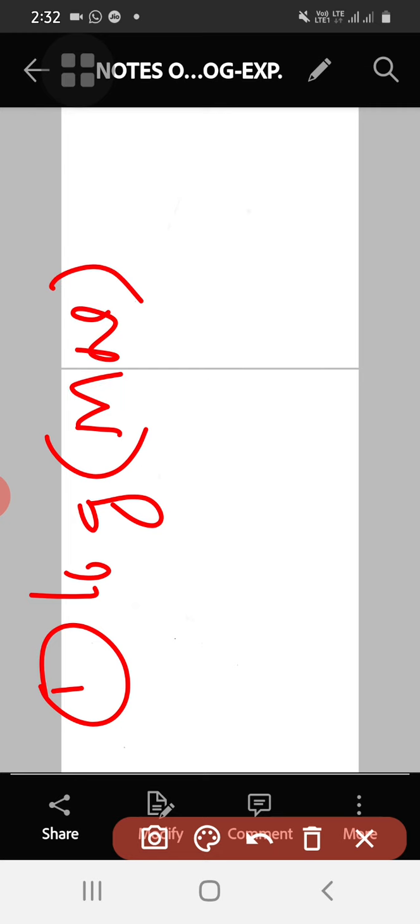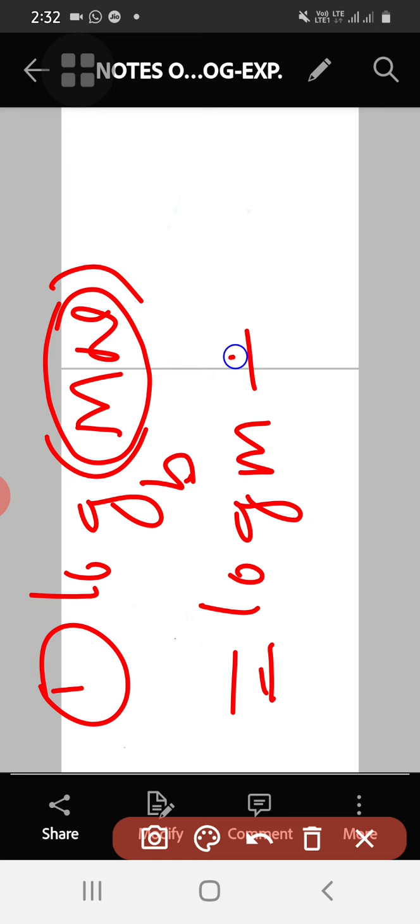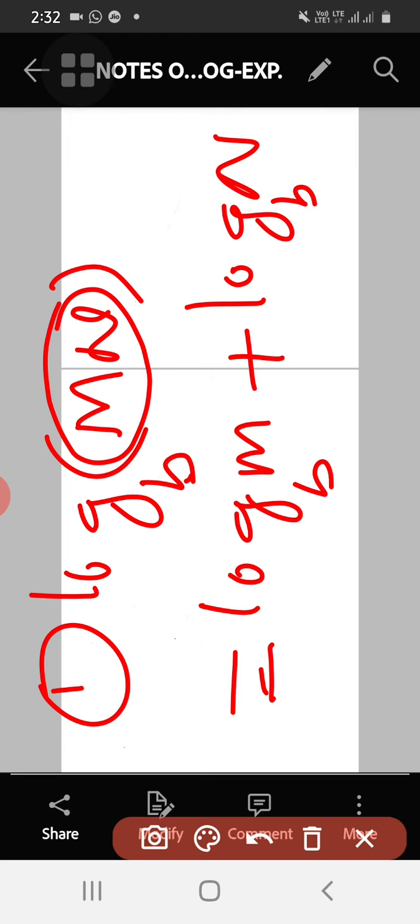Okay, so what is the first property? If I have the product, say mn, the log of the product of two numbers, okay, with base generally b. Then what is the log of the product? It becomes the sum, log m plus log n, whatever the base may be. So here I have taken generally b. Product becomes sum. This is the first important property of logarithms. Log of the product is equal to the sum of the logs: log m to the base b plus log n to the base b. So this is a very, very important property.